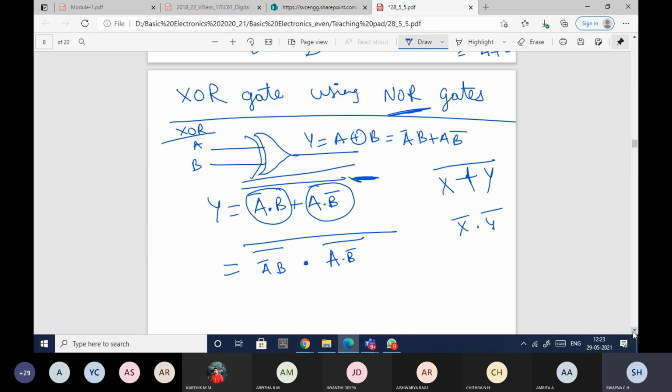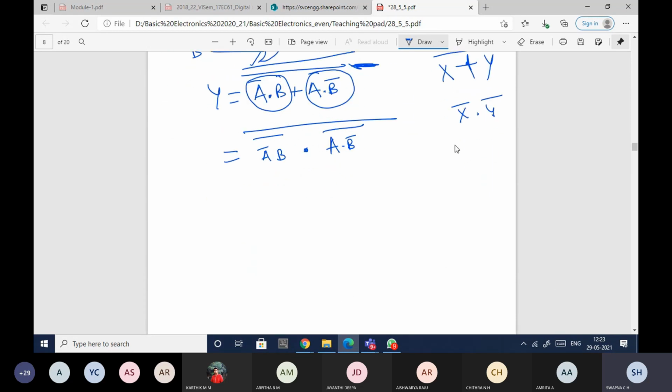But still it is not in the required form. See, here also I have dot, here also dot, and here also dot. So what I can do, I can expand A bar B whole bar, and in the same way, A dot B bar whole bar I can expand. The upper one I'm keeping as it is, and A bar B whole bar can be represented using De Morgan's law: A bar I have, so A; I have dot, so it will be plus; I have B, so B bar. Okay, that is how I can apply De Morgan's law.